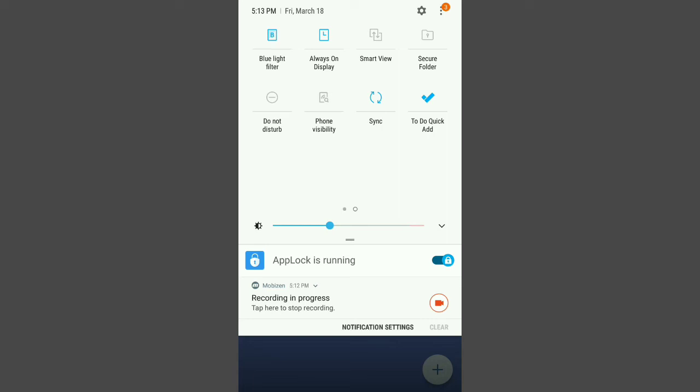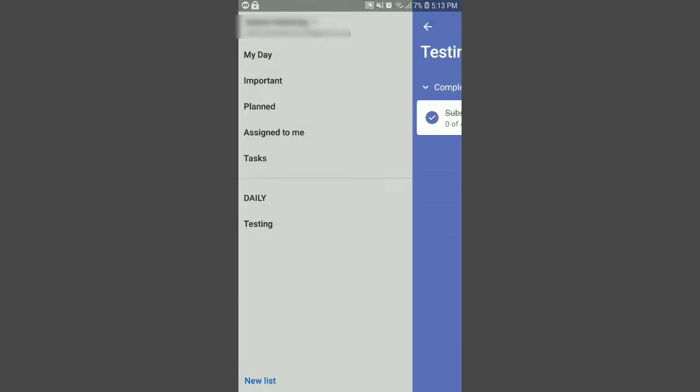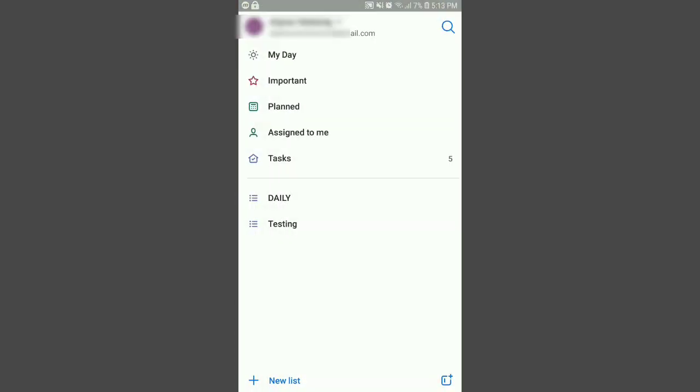I'm not sure about your device, but it is just available on my device, and I can just click it. I can just add the task, and the text will go inside the task default list, and this is incredible. And by the way, you can connect this Microsoft To Do list app to your PC or laptop in Windows,